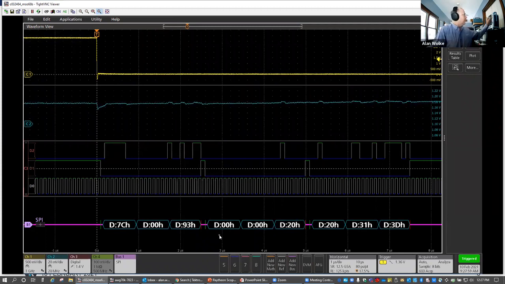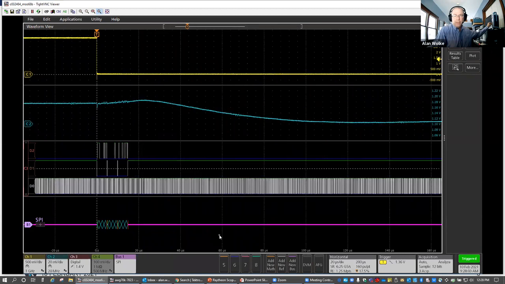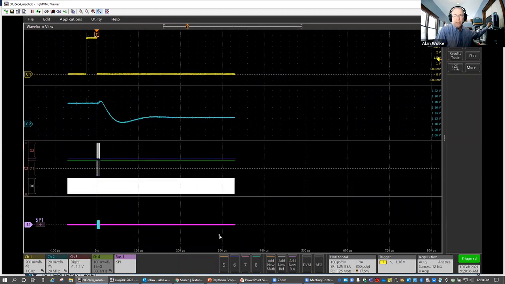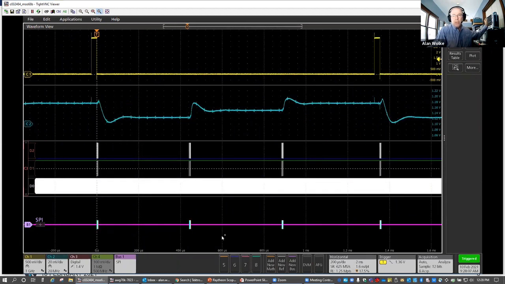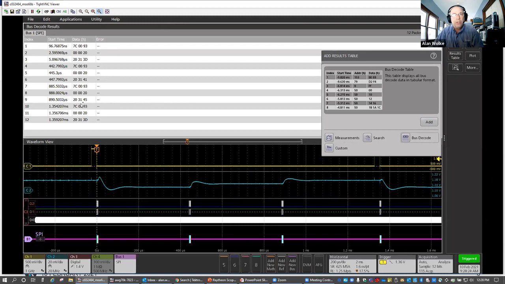Very simple. Oftentimes if we go back out to look at the larger activity here, you can't really read what's going on in the bus activity. So this is where a bus decode table can really help. If you come up here to where it says results table and click on that, there's a number of different tables we can bring up, like a measurement table or a search table. But if I add the bus decode table,